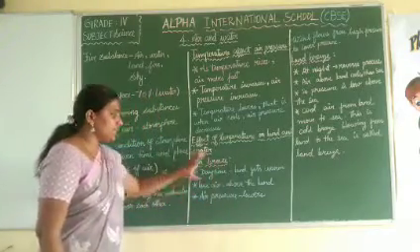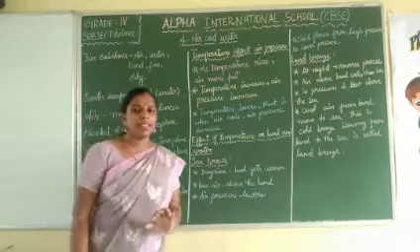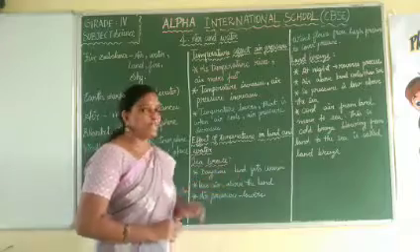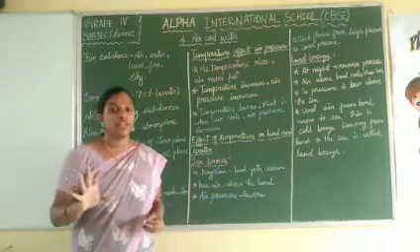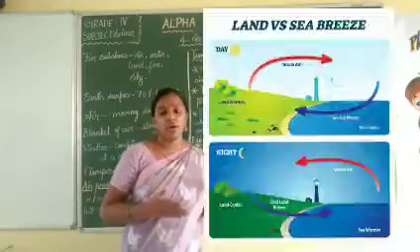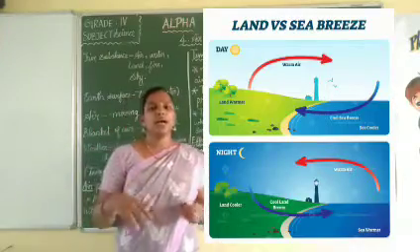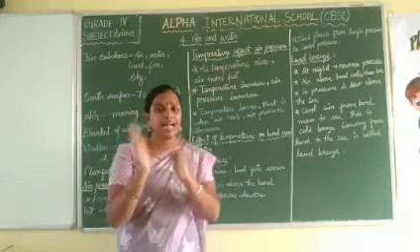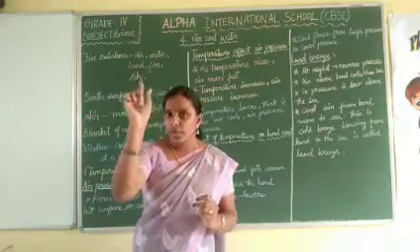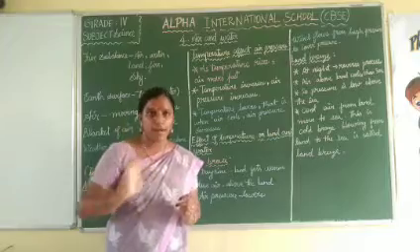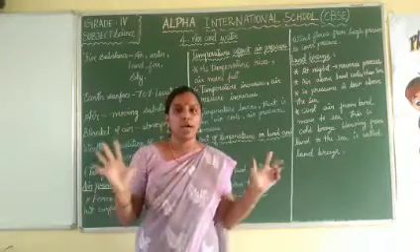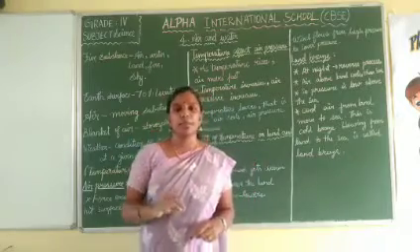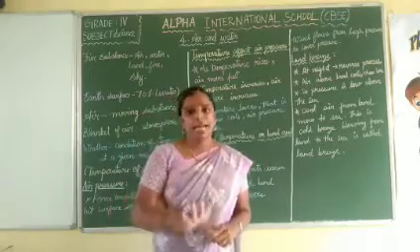It is basically in the daytime. Sea breeze happens in the daytime. The land gets warmer, so we can get a clear picture of what is appearing here. If the sun rays are falling on a hot daytime, will the land be hot or the sea be hot? Of course, the land will be hot.